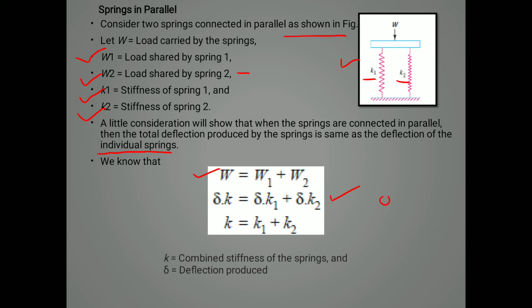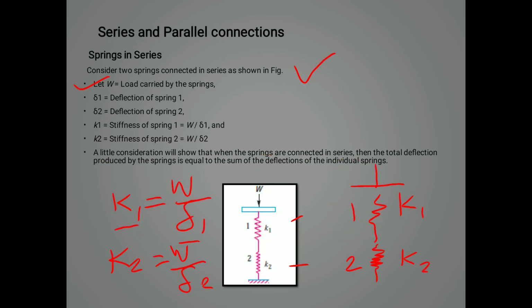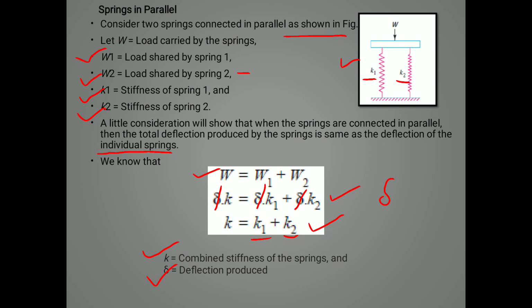Delta is taken as common, so it gets cancelled from both sides, and we calculate the combined spring stiffness by adding K1 plus K2. So here you can see the combined stiffness of the spring is K and delta is the deflection produced. So these are the two formulas to calculate the parallel as well as series spring connection. So you can find out